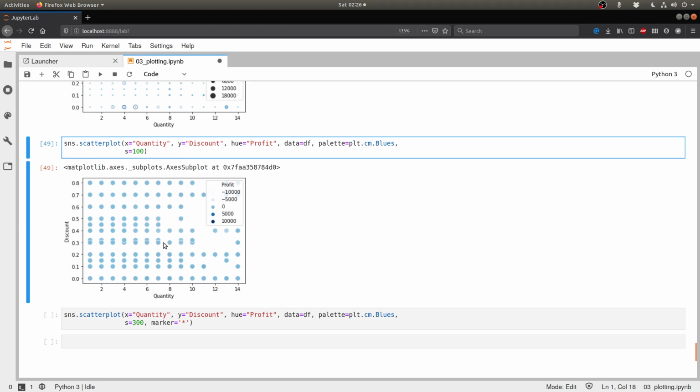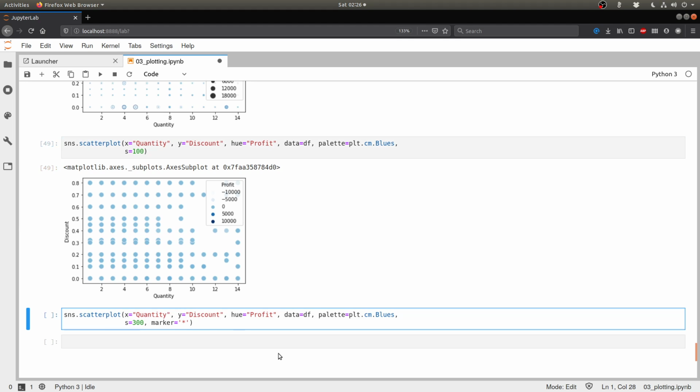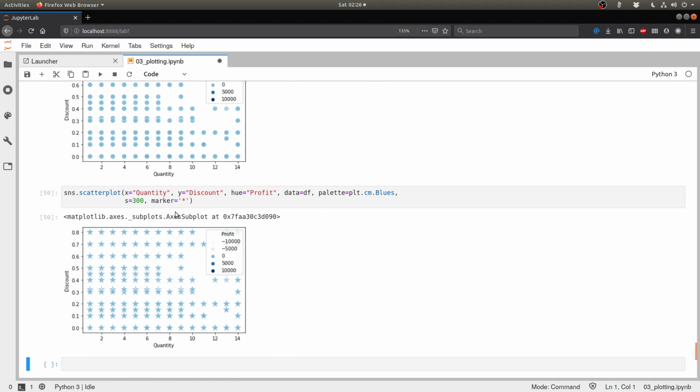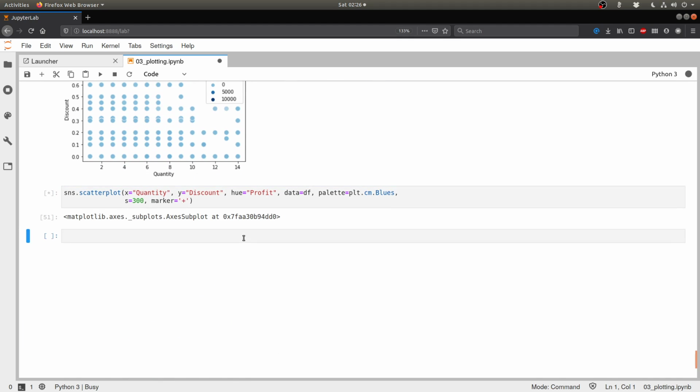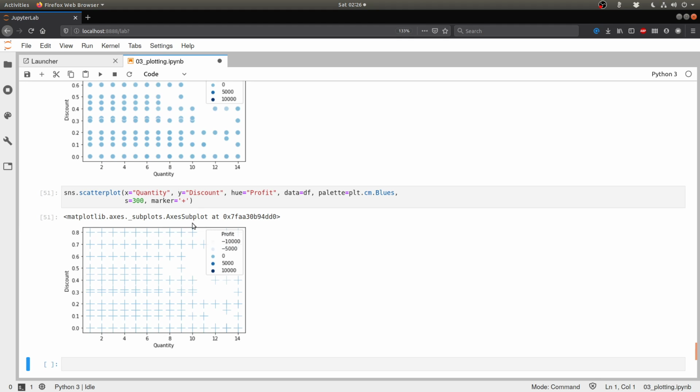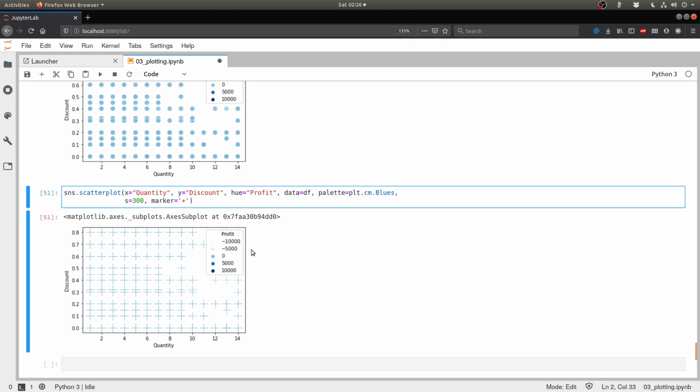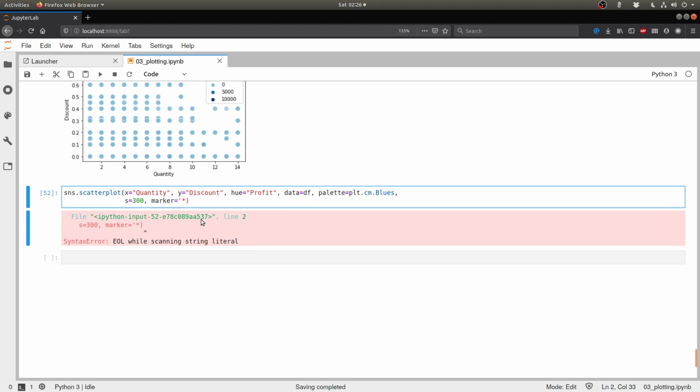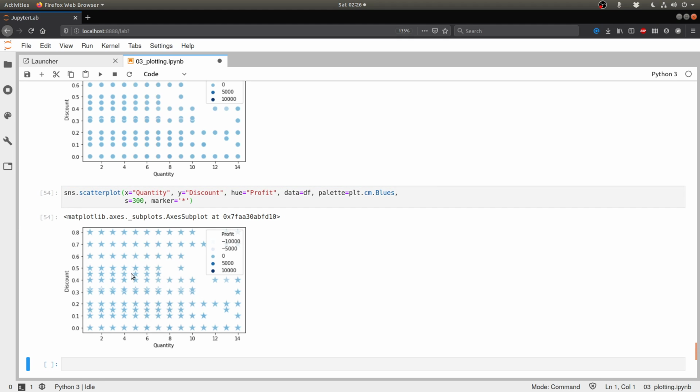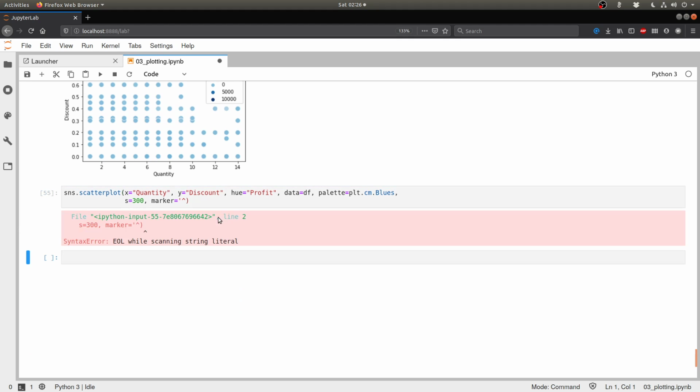So these are all squares. I can convert them into stars. So I can look at this like that. I can convert them into pluses, which would make it appear as crosses. Of course, this is not at all readable. Even stars are not completely readable, but you can pick and choose the right kind of thing to show the different kinds of things. So let's say that I would want to use stars for furniture sales versus dots or circles for technology sales versus for office supplies. I want to use something like diamonds or something like that.